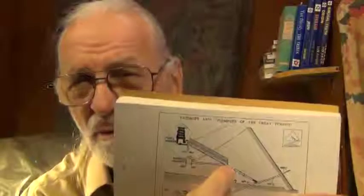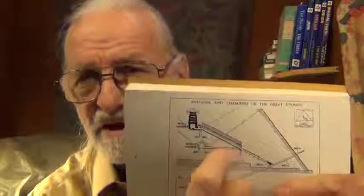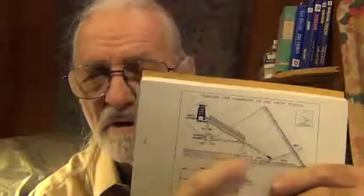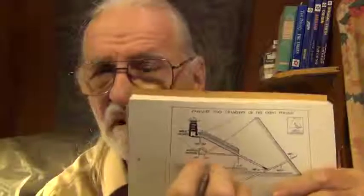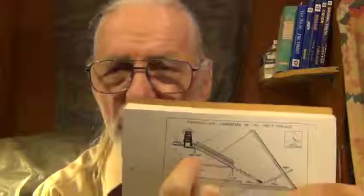At the same point where the Grand Gallery starts, the Queen's Chamber passage starts. Then you have the Queen's Chamber. The level of the passageway is at one level, and then at one point you step down, like 20 inches, something like that, and then you continue on to the level of the Queen's Chamber. That's important for later. At the end of the Grand Gallery, there's a great step, 35 inches high. And then you go into